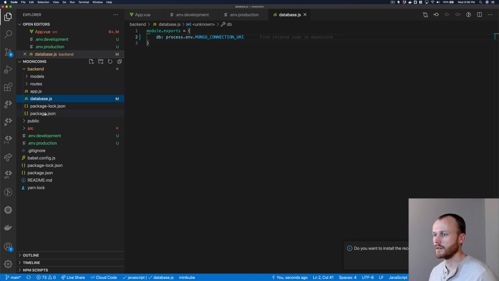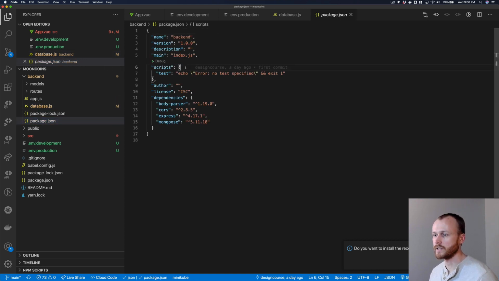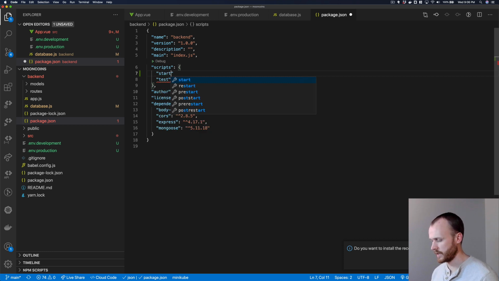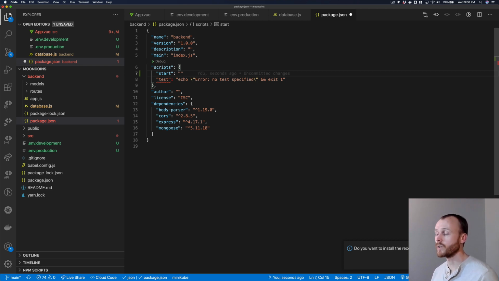Great. Now, in order for this to keep running locally, I'm going to add to our package.json file, start here, and that start command is going to set that environment variable before it runs Node and then app.js. So we'll do Mongo connection string, connection URI, excuse me, equals, set it equal to that value, and then we'll run